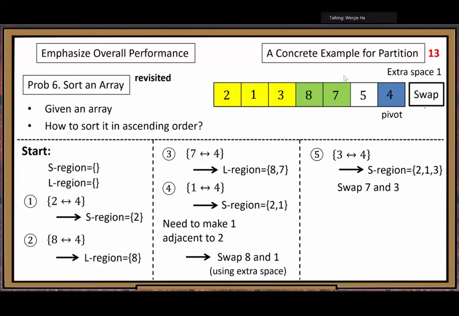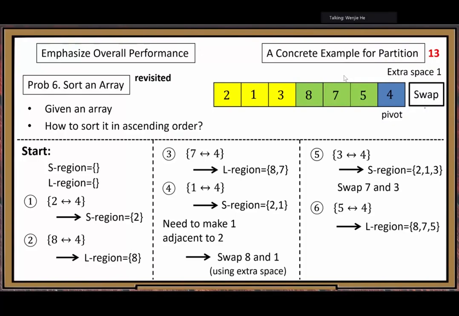Next comparison, 5 and 4, 5 in green color, no swap. So in green color, we don't need to do a swap. In yellow color, we need a swap operation. But there is a last step. The last step, we need to put the pivot element in place. So I will finish. Last step, we put the pivot element in place, then we're done.